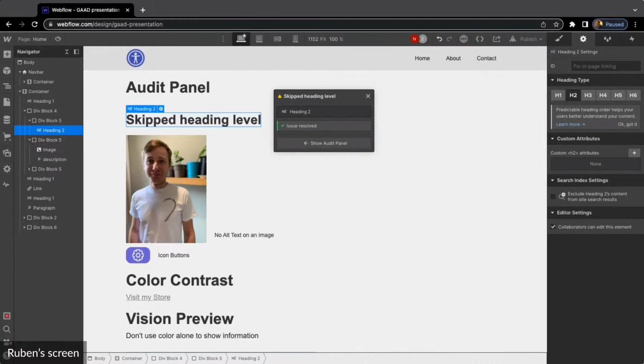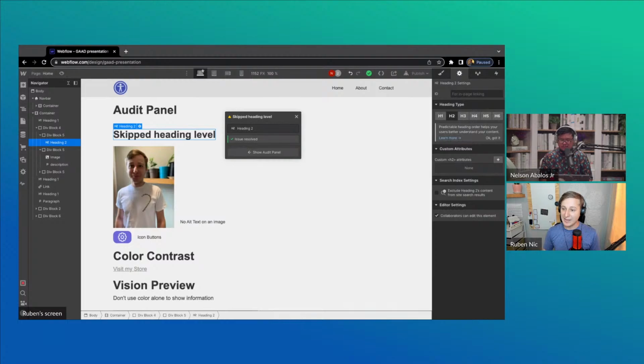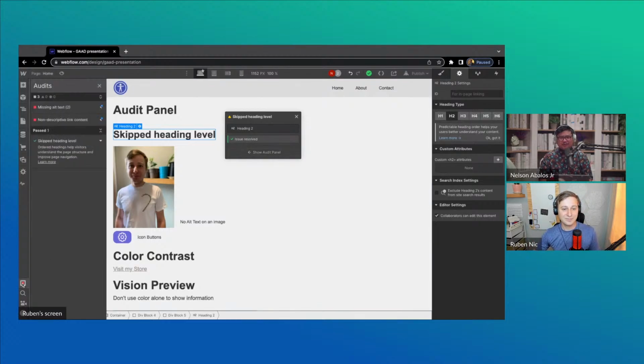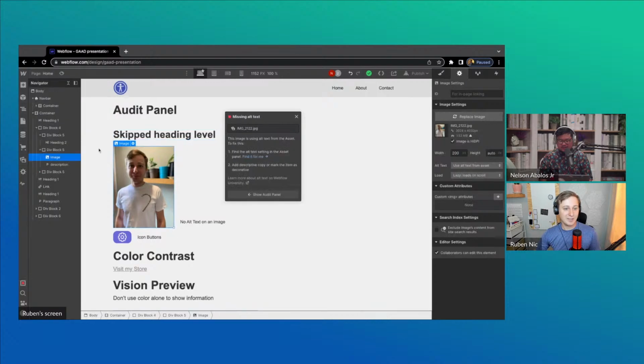The reason is that folks who are blind or low vision often use what's called a screen reader to navigate your web page. Their primary way of jumping through content is going through headings. They look at the first heading, then the second heading, then the third heading. And if you don't have your heading levels in order, let's say you go from heading level 1 to heading level 4, it can be very confusing because they may wonder, wait a minute, did I miss something? Where's 2 and 3? Yeah, it's like you're skipping chapters in a book. Exactly.